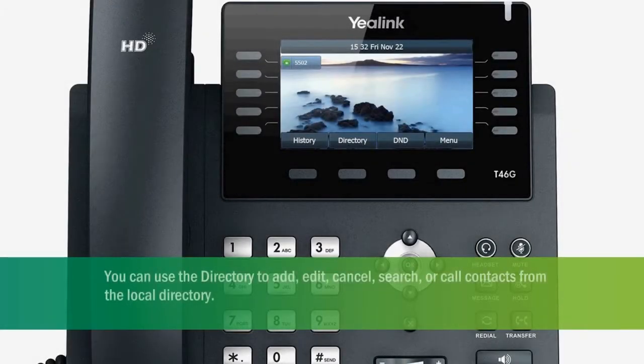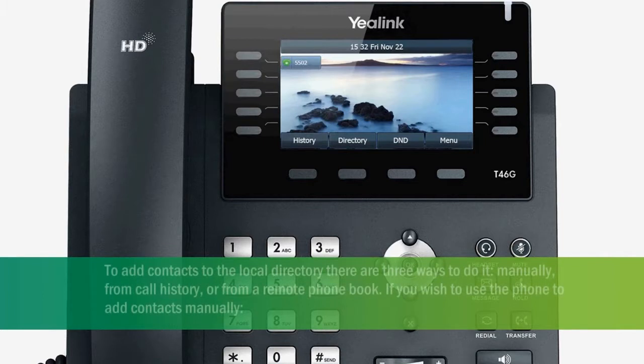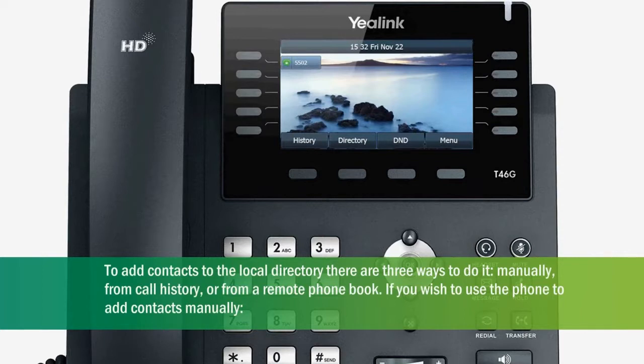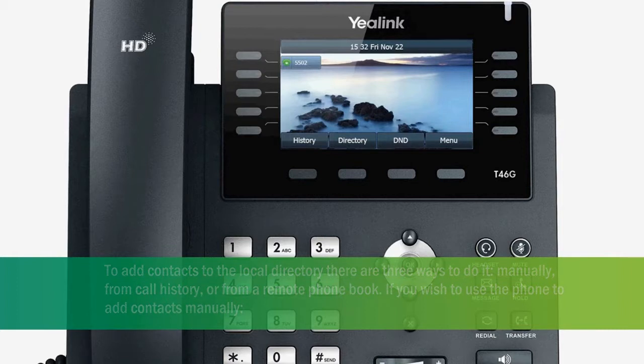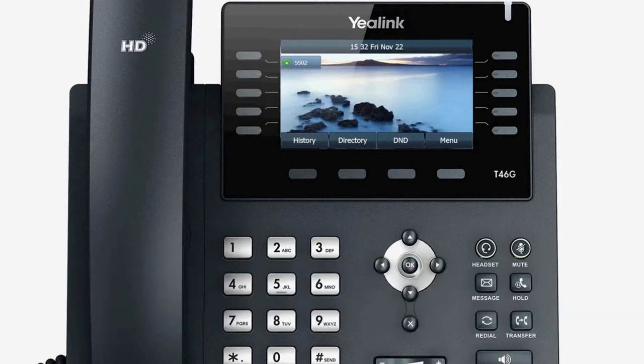You can use the directory to add, edit, cancel, search, or call contacts from the local directory. To add contacts to the local directory, there are 3 ways to do it: manually, from call history, or from a remote phone book. If you wish to use the phone to add contacts manually, firstly, press the menu and